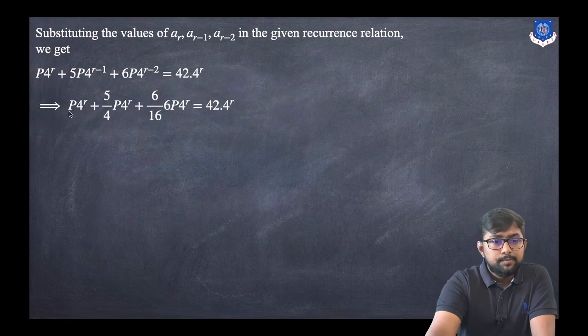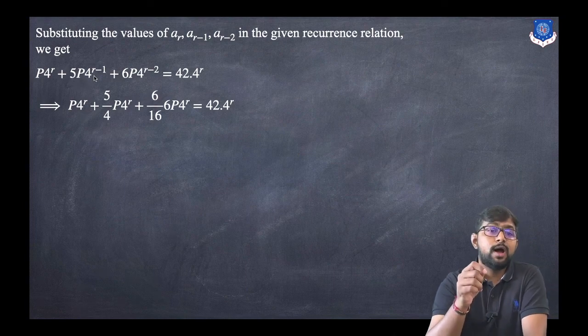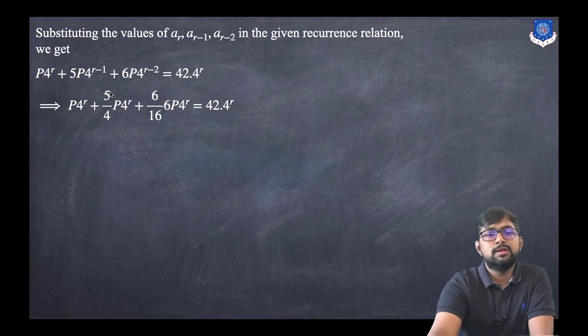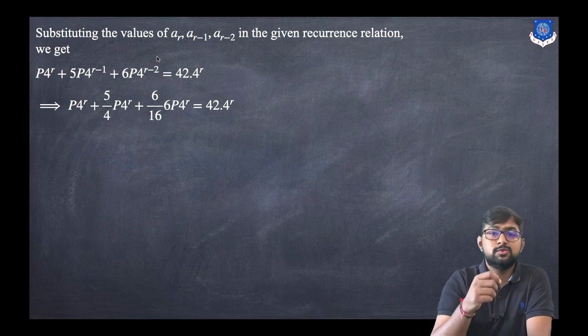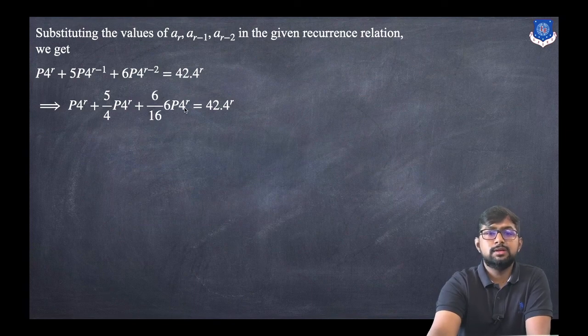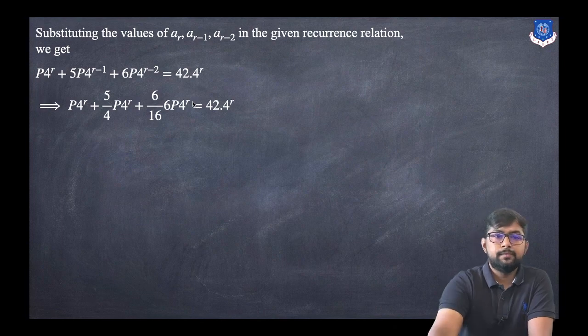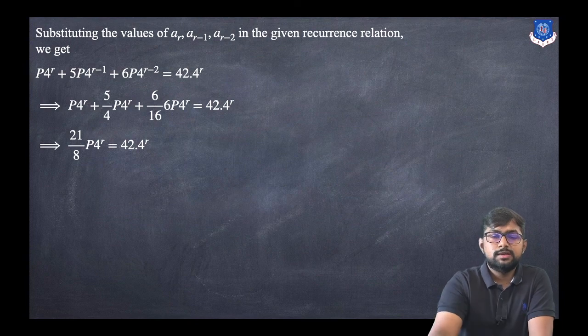Now see, p·4^r. Here we have 5p·4^(r-1). So 4^(r-1) can be written as 4^r divided by 4. So 5/4 into p·4^r plus 6p·4^(r-2), which can be represented as 4^r divided by 4 squared. So that will lead to 6/16 p·4^r, that is equal to 42·4^r. So now see, all the terms are of 4^r, so we are taking the LHS